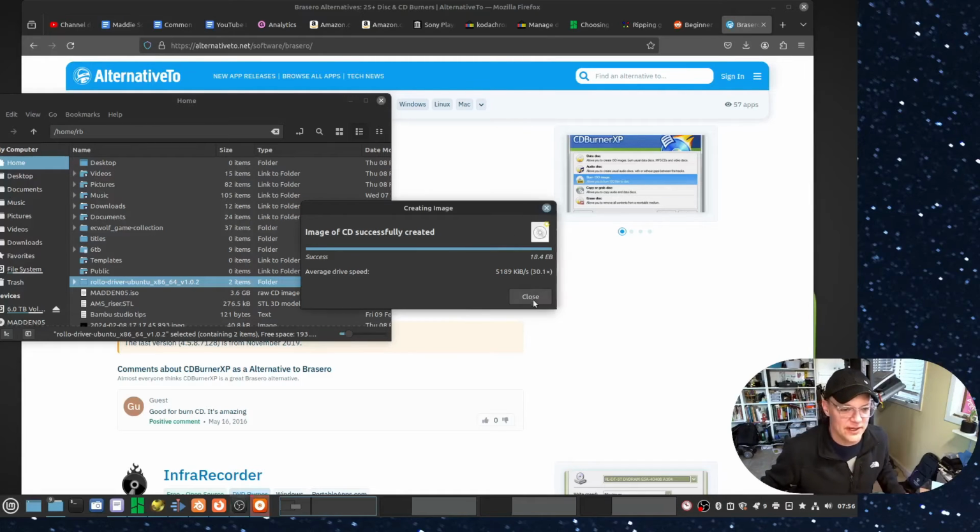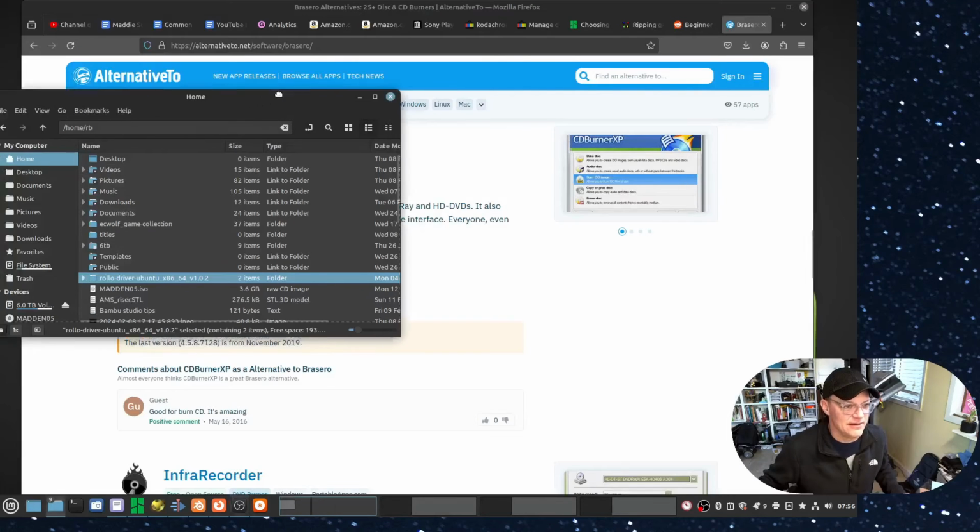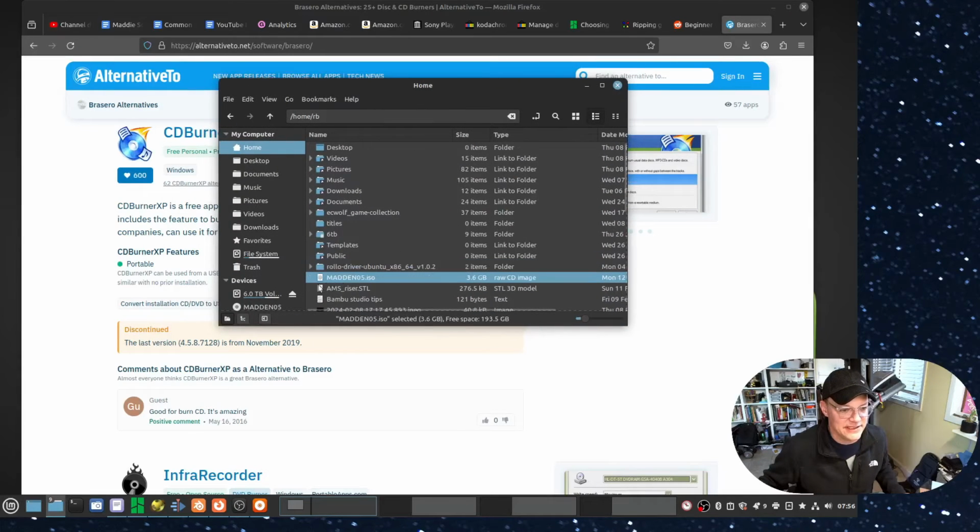And then we go to where we copied that file, which is right here. And we'll see we've got our game disk name followed by ISO, which is a raw CD image or a raw DVD image, whatever, you know. Linux probably just calls it a raw CD image because it's an ISO file. So what we would do then is we would just copy that off, maybe here on some kind of thumb drive or something,